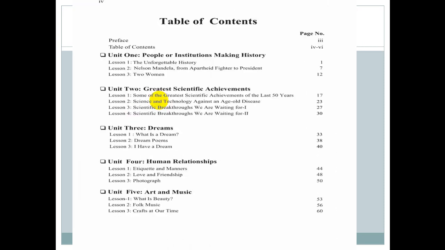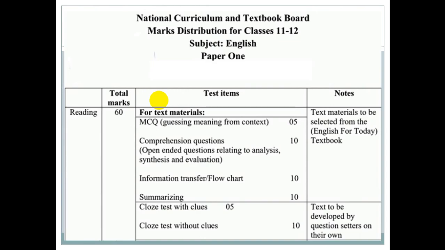So if you just look at, that is the unit 1, unit 2, unit 3, there are several themes and several topics that will be covered during the academic session. So before just starting the content or the topic of your syllabus, just look at the marks distribution for your examination. If you look at that, there are two segments of the first paper, that is the reading section and